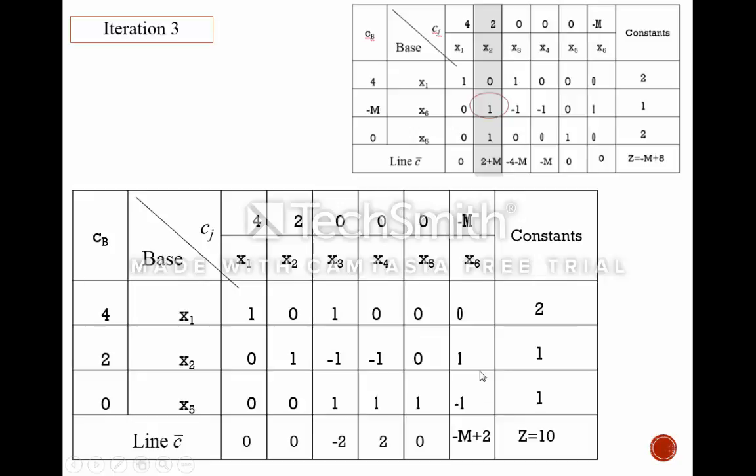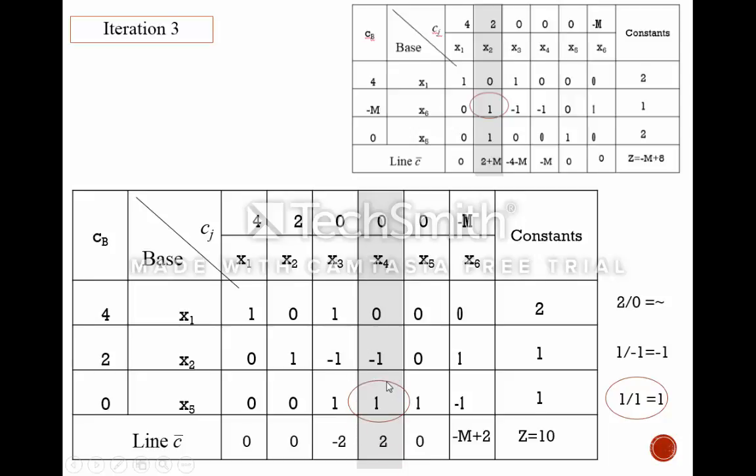and we choose the base 2, so we choose the 2, and we calculate 2 per 0, we get infinity, 1 per minus 1 we get minus 1, 1 per 1 we get 1, so we choose the 1, and so the value is x4, to replace x5, is 1.